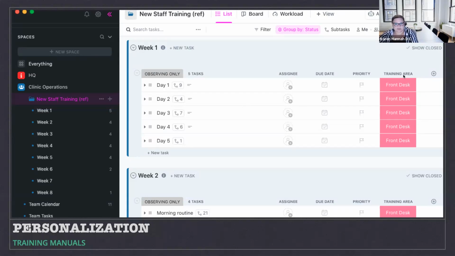So my office manager actually created this, and it's just beautiful, but we customize this so we know what training area it is. We know what staff member this is assigned to, and what date they're supposed to do it. And then if you see these little numbers that kind of jut out like that, that also is a subtask that's assigned to it. So for day 1, there are 9 things that we want to make sure our new employee can do. And so those all have to be checked off. And this is also super helpful to make sure